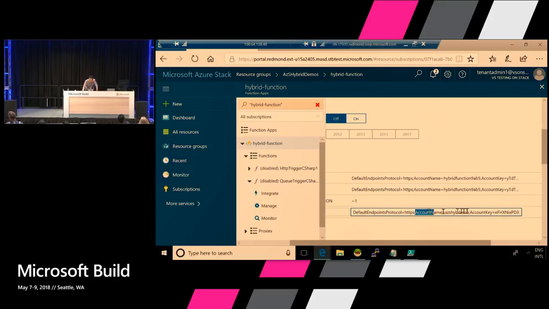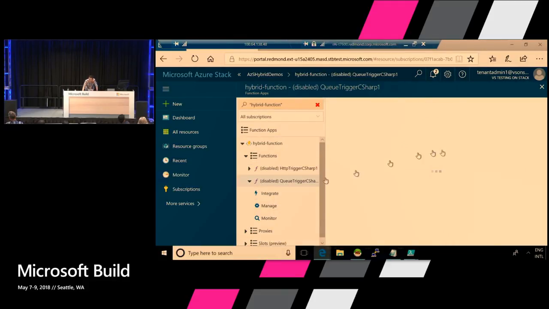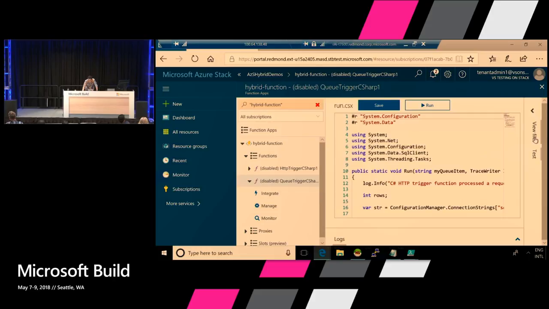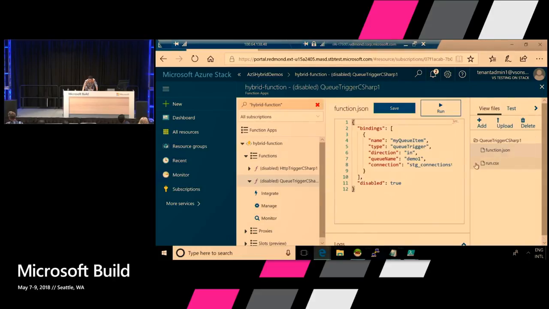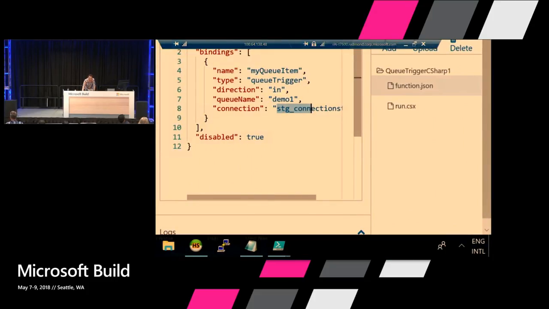Notice how this is an Azure queue connection string. Now, if I look at my function, you see that I have a binding to the connection string and to a queue named demo1.